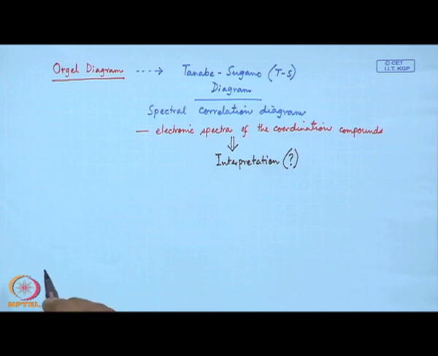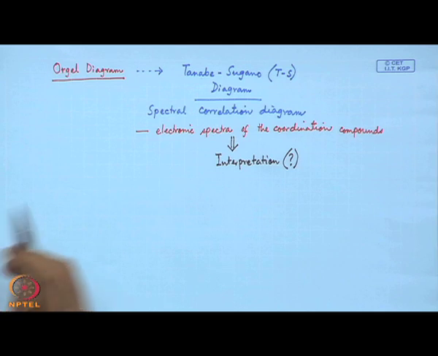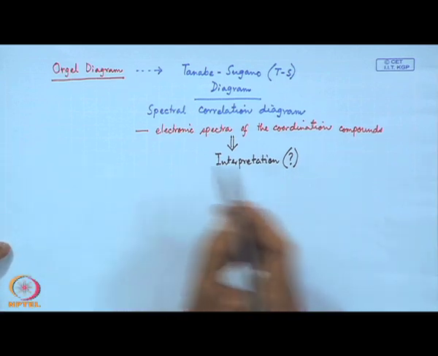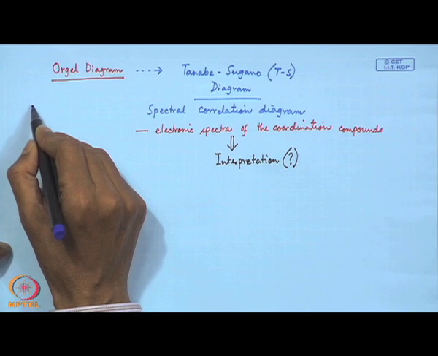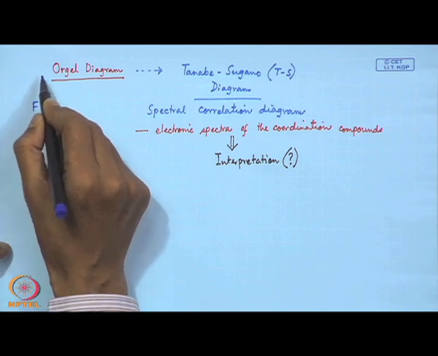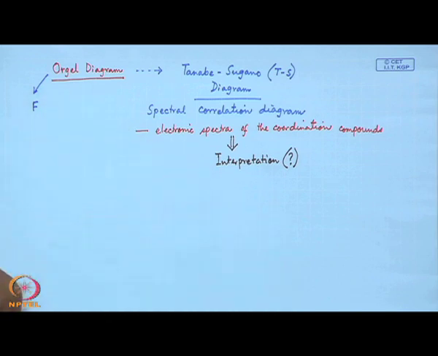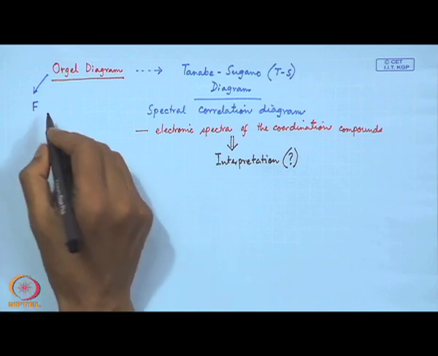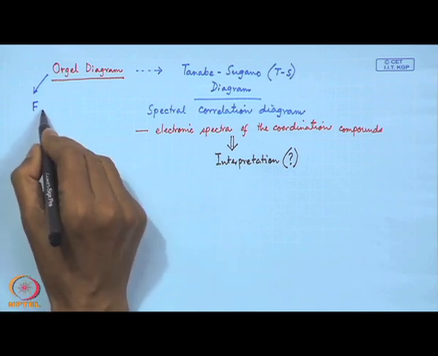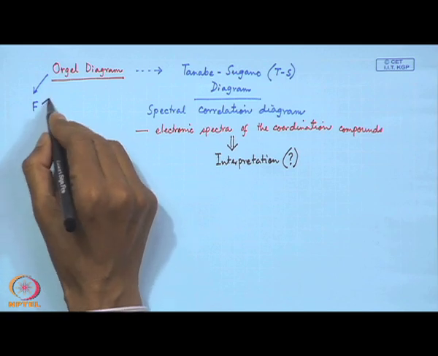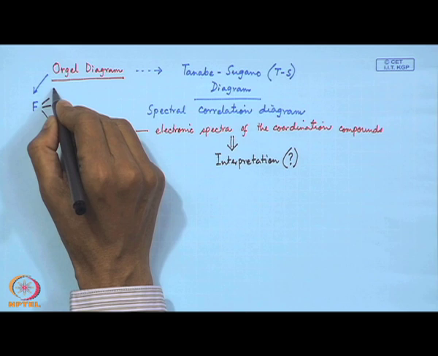How we can go to their interpretation basically, and that gives us some important points. So, apart from this diagram, what we have found in case of the Orgel diagram is that a particular state, whether it is D or F, when this particular state is getting split, we have the corresponding terms. That means if the F is giving rise to 3 terms which is A,